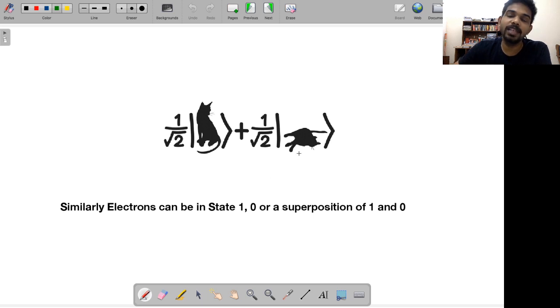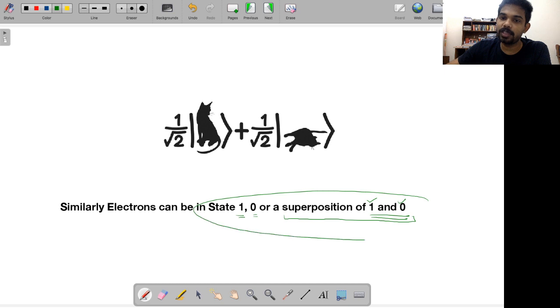Also, I told you there are three states in your quantum computers. You have electrons; they can be in state 1 or 0, or they can be in a superposition of the two. So these are the three states, and this kind of characteristic imparts the quantum computer its specialities. So these phenomena happening in the quantum world are what impart this kind of strange or odd behavior at the quantum state.